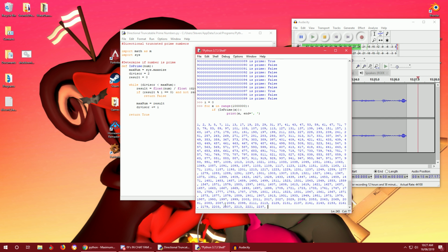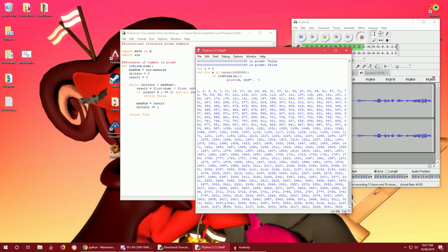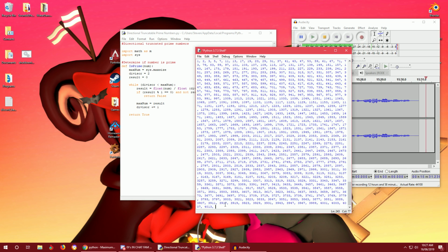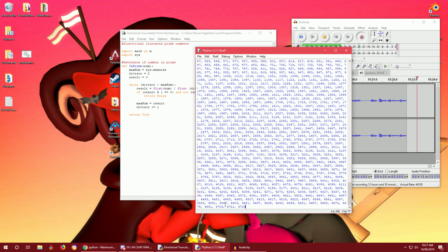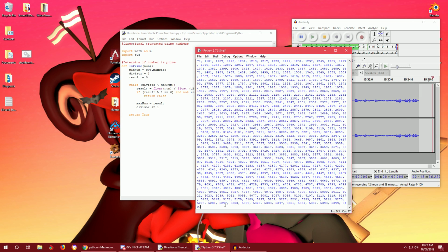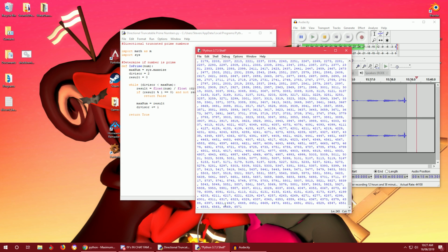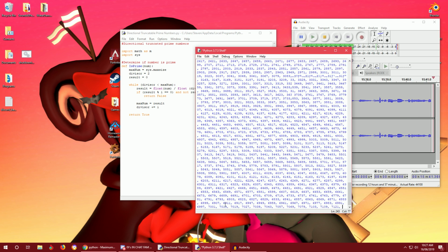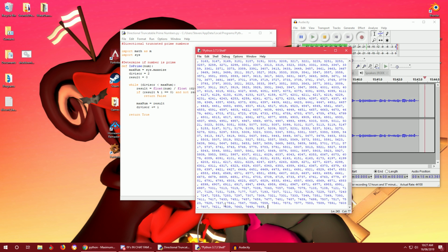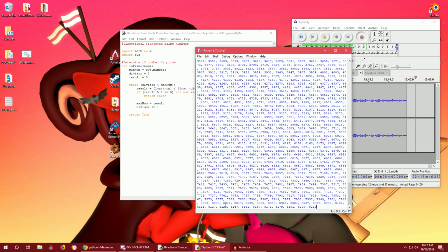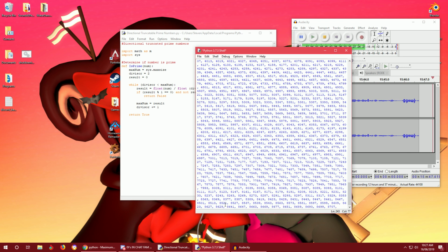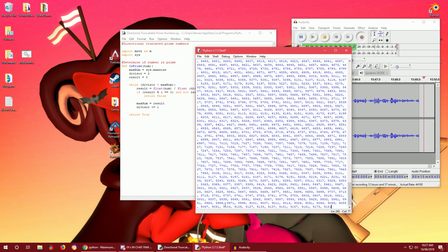So now it's printing out all of the prime numbers. And you can see it's going to get slower and slower as the text fills the screen. I'm not sure if that has something to do with Python's text displaying code getting more and more filled with these numbers, or if my code is actually taking a longer time. So we can see that all of the prime numbers are being generated,